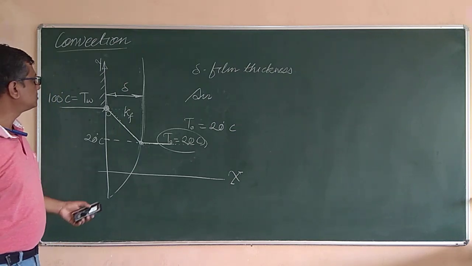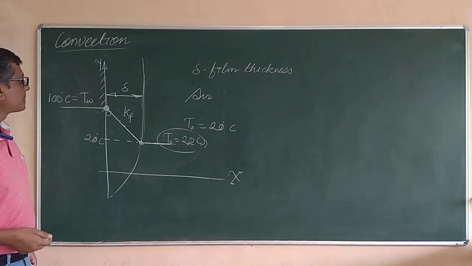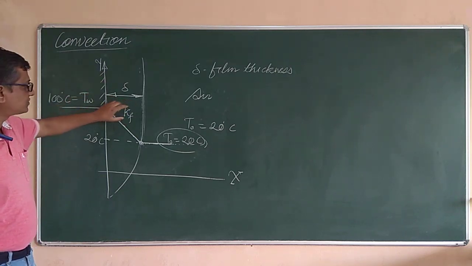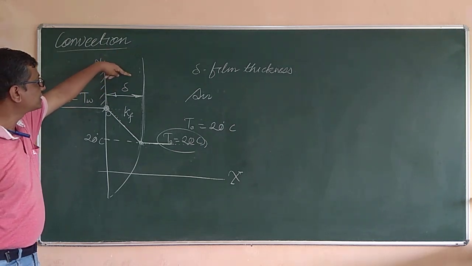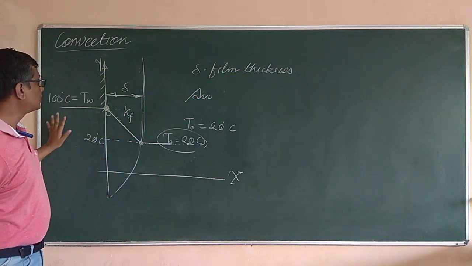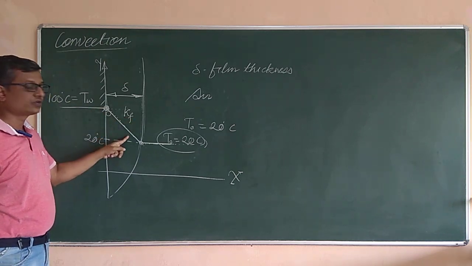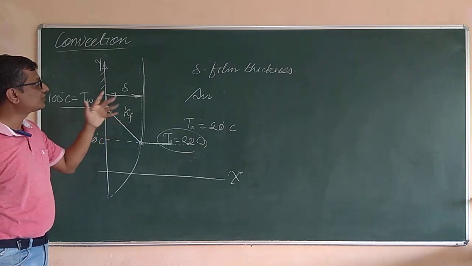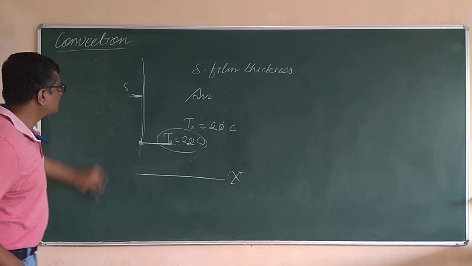Then we are going to define one more term, that is the coefficient of convective heat transfer. So the heat transfer mainly depends upon the coefficient of thermal conductivity of this fluid, as well as the boundary layer thickness, or say the film thickness of the fluid which is nearby the solid surface, and the thickness of that film is decided by the temperature distribution. Wherever there is a temperature gradient, up to there the film thickness is. So this is all about the film thickness. Now I am going to define one term, that is the coefficient of convective heat transfer.